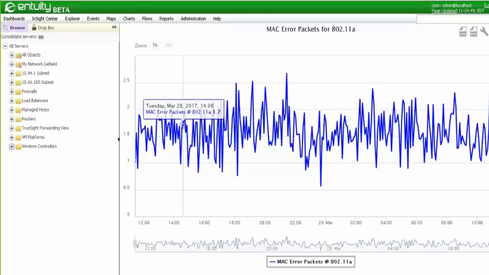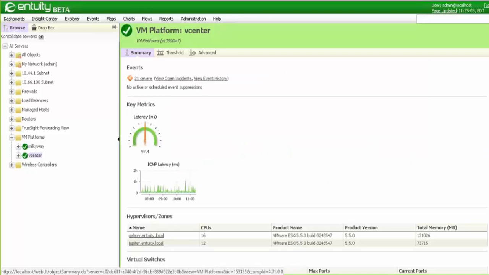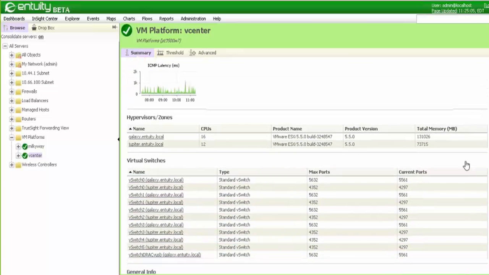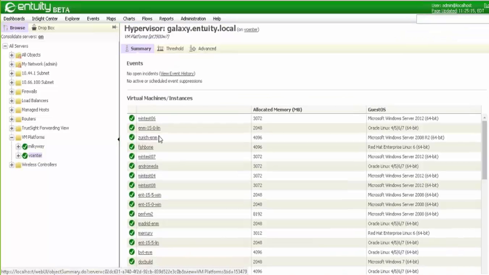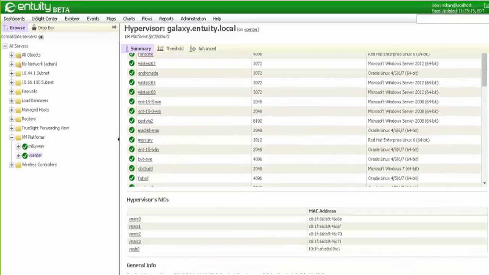And then the last thing I'm going to cover very quickly is the enhancements that were made for monitoring VM platforms. So I do have a vCenter here. And in the summary page, you'll see there are a couple of hypervisors associated with this. So if I drill down to the hypervisor level, what we're providing now is the status of each of the VMs that are associated with this hypervisor. So I'm going to scroll down,